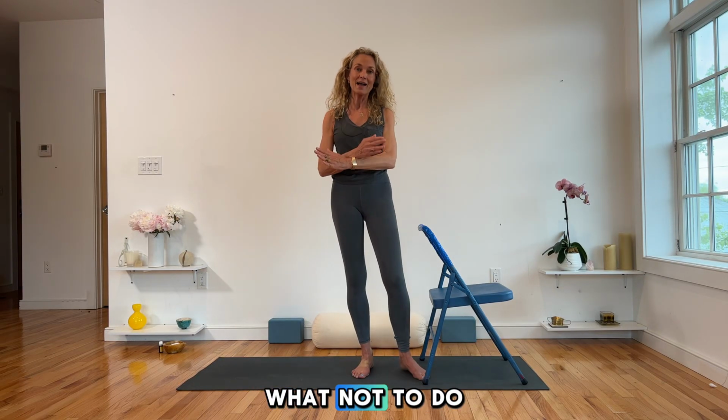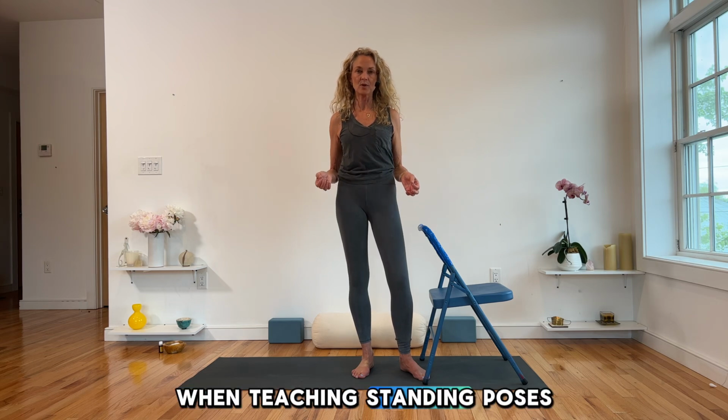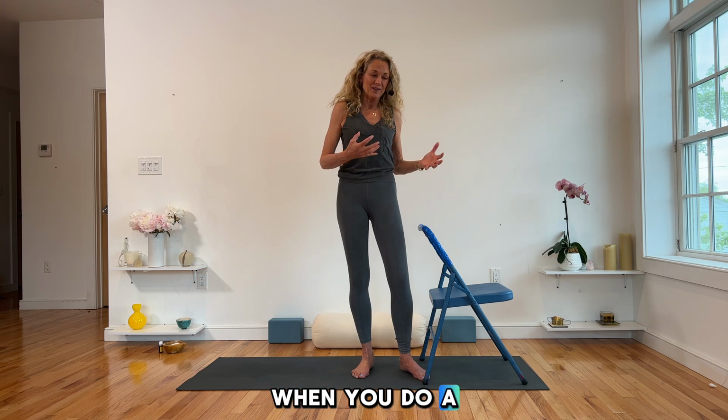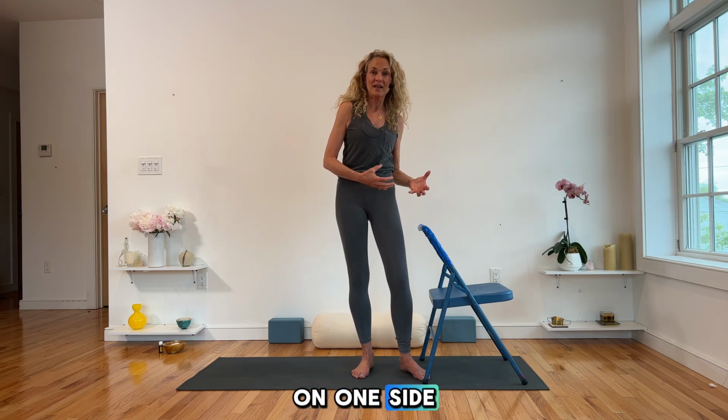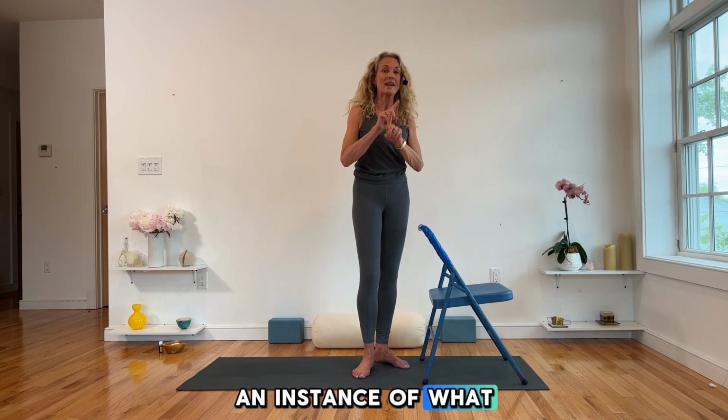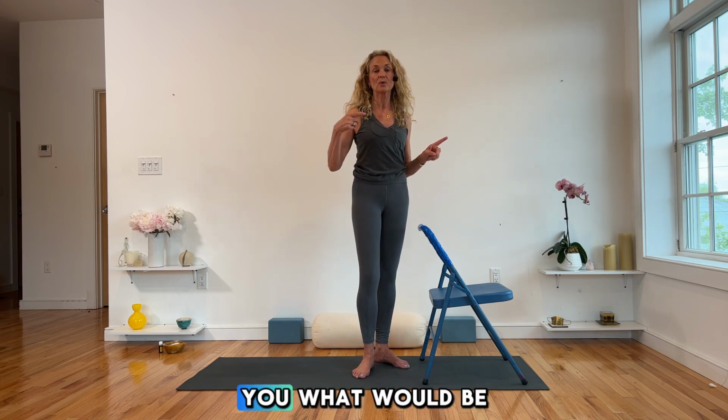This is a short video to tell you what not to do when teaching standing poses, which we call loading the hip. When you do a lot of standing poses on one side, it compromises the hip. I'm going to give you an instance of what not to do, and then I'll show you what would be